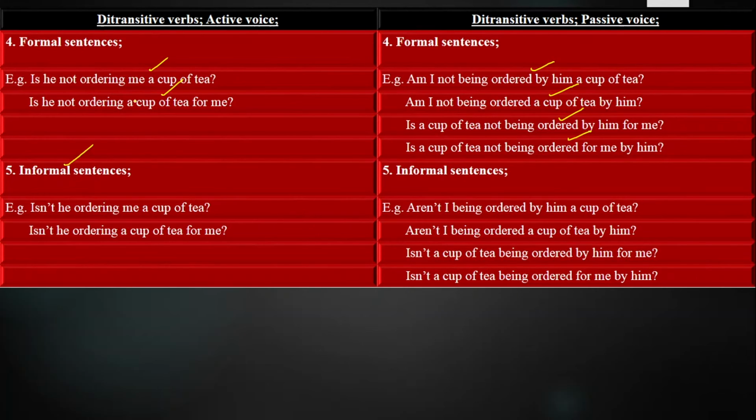Last we have got the informal sentences. Those sentences in which we ask questions, deny the statement, and we ask them in an informal way. We use them with our juniors, youngers. We use them with one whom you are close with, and you can use it with your friends.